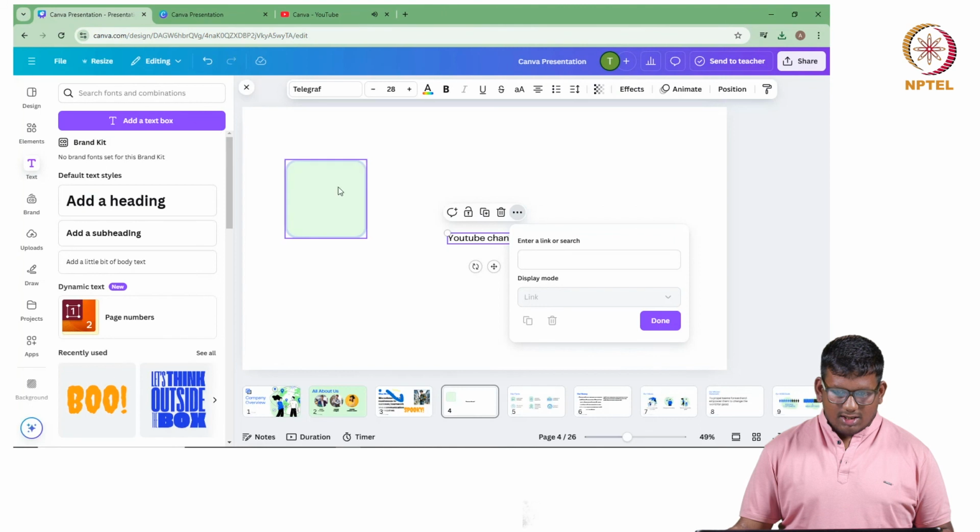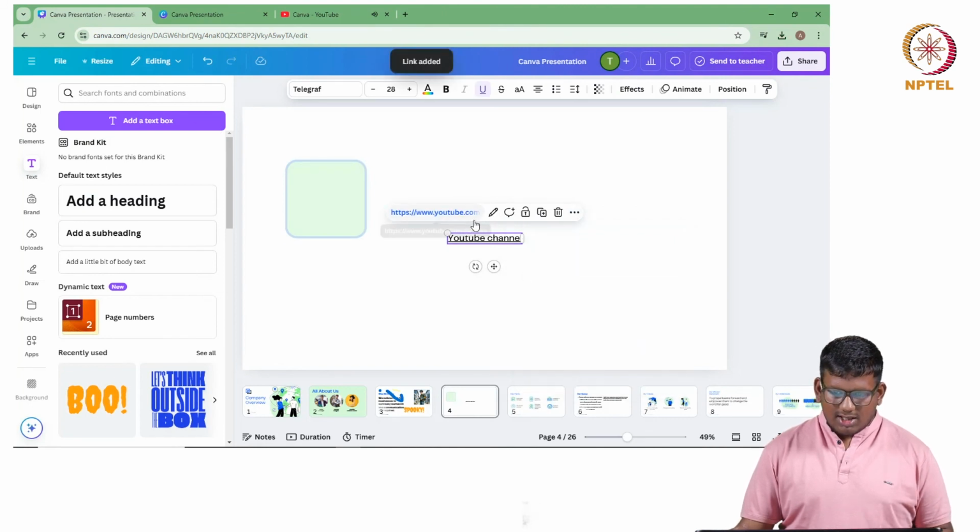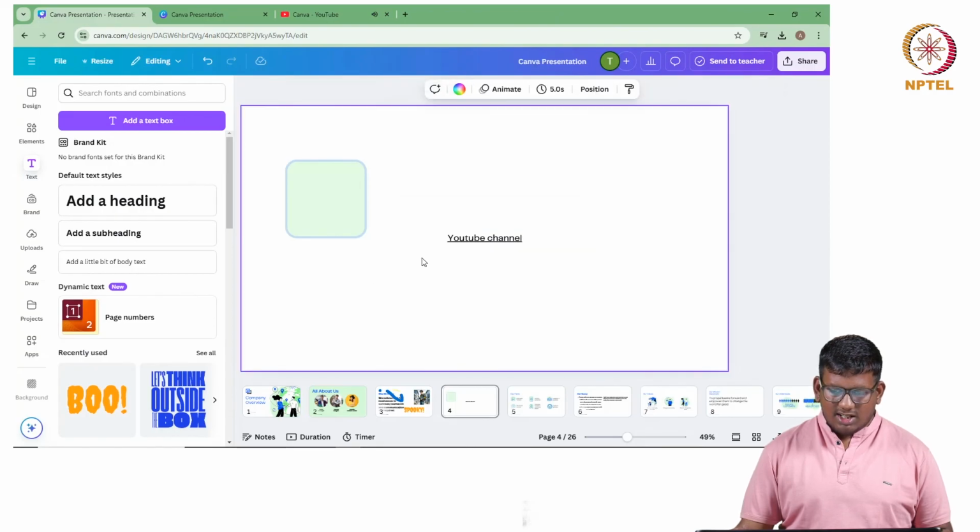I can paste it here. So I have pasted a link here. I can edit it also. It's basically a link board also.